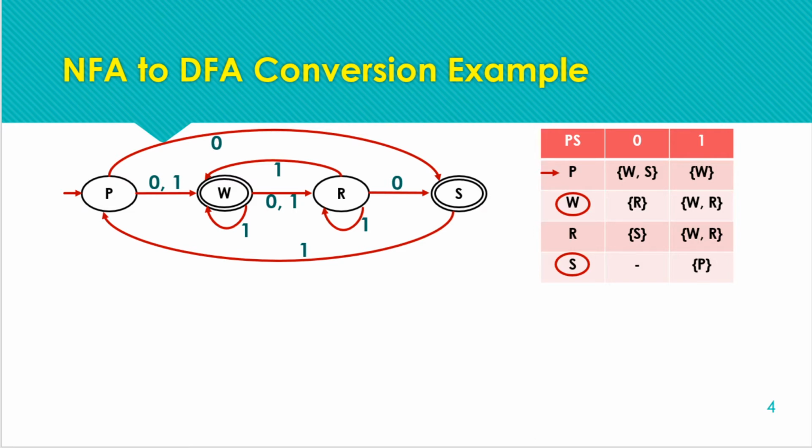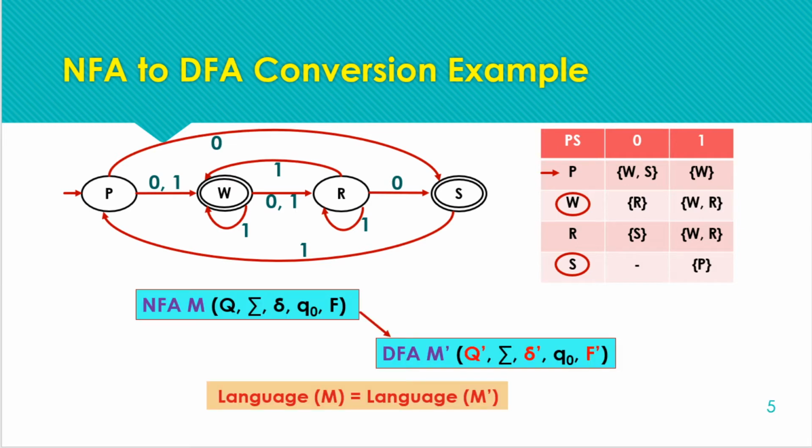So now, as we have already covered, for this process we have to work with the transition table, sorry, not the transition diagram. So we are going to work with the transition table to find out the equivalent DFA. By equivalent DFA we mean that we have to find out all the tuples of the equivalent DFA corresponding to this given NFA. So starting with the process, for this NFA we have named the NFA as M. We have to find out the DFA M dash. We just change the name for the resulting machine as M dash.